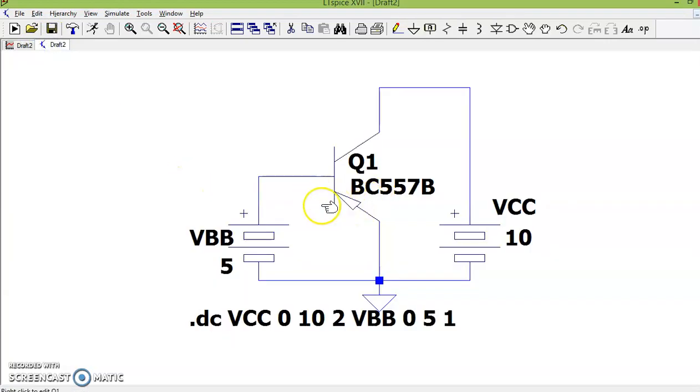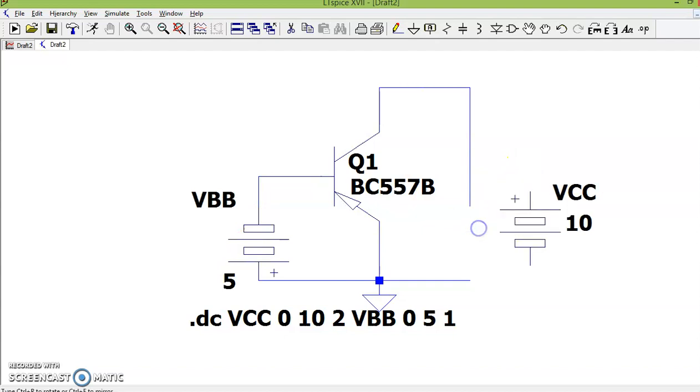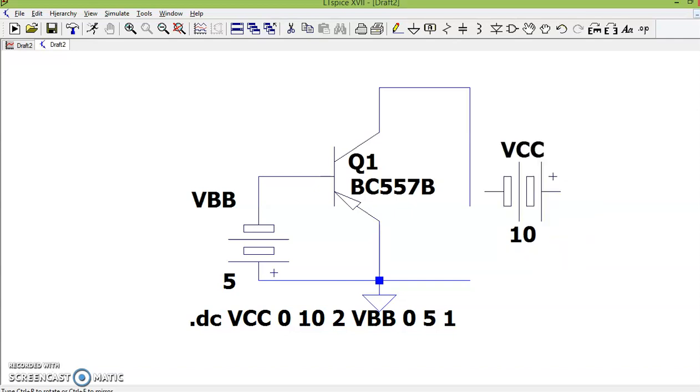Now remember, I had to make the input junction forward biased and the output junction reverse biased. So let me also reverse the batteries. Why? Because now my base is an N-type region and my emitter is a P-type region, because it's a PNP transistor. So let me reverse my battery. Also, let me do the same with my output battery. Again, my collector is a P-type material, and if I have to reverse bias it, I have to connect it to the negative plate of the battery.